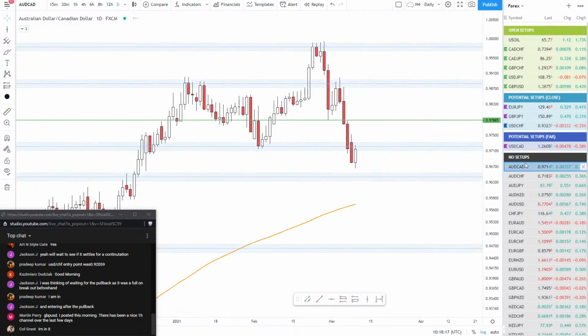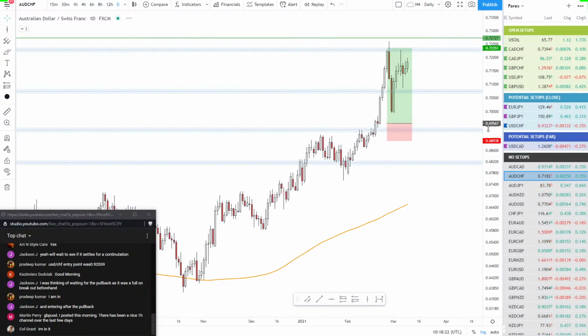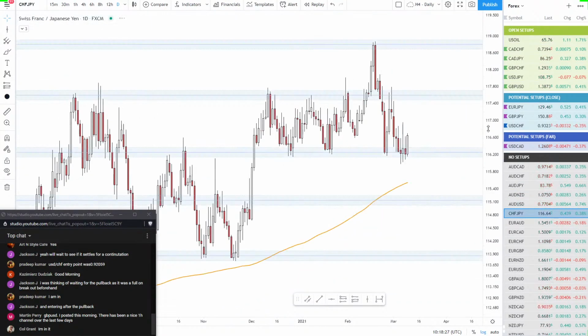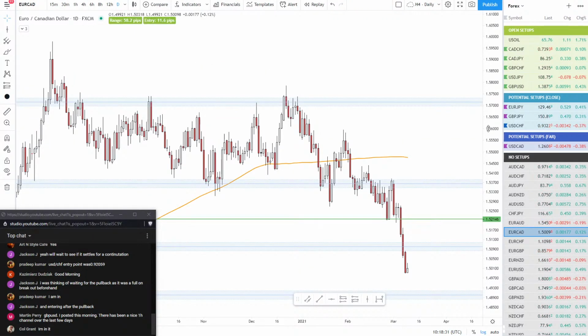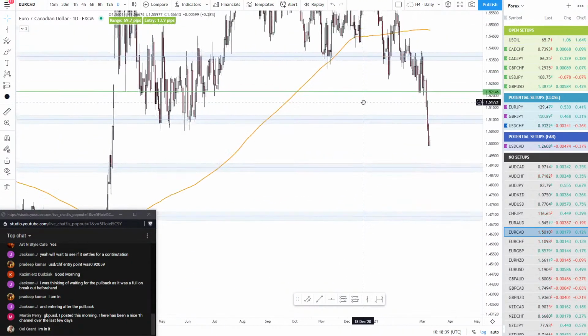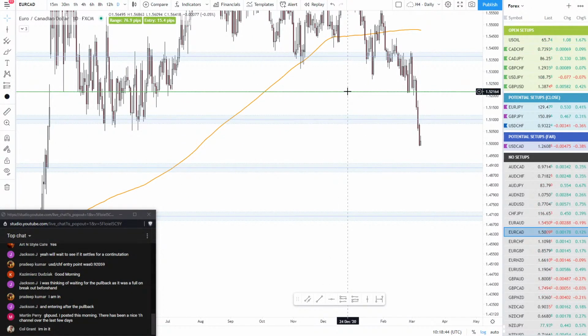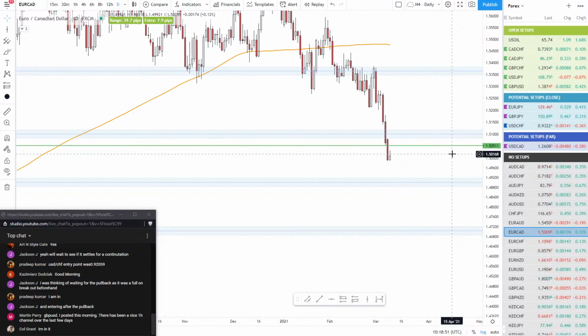If that even happens. Let's see if I've missed anything else in my analysis, because like I said, I did some pre-analysis this morning and marked all the interesting stuff. Let's see if I missed anything. There's just nothing on EURCAD. Technically, you could